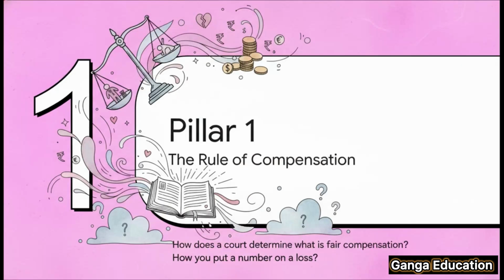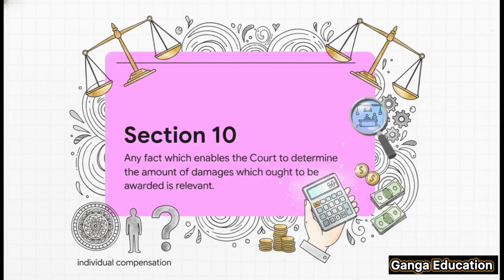This is all about the individual. It's built to answer a really fundamental question. When someone gets hurt, how does a court figure out what's fair compensation? I mean, how do you even begin to put a rupee value on loss and suffering? The legal engine driving this whole process is Section 10, and what I love about it is how refreshingly simple